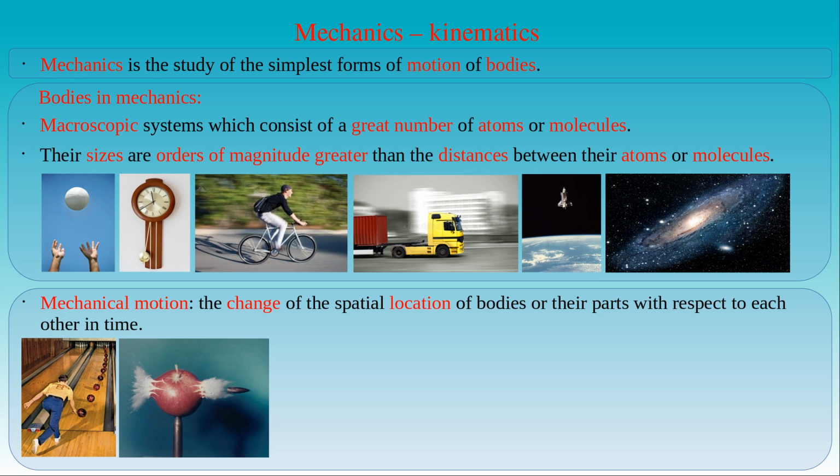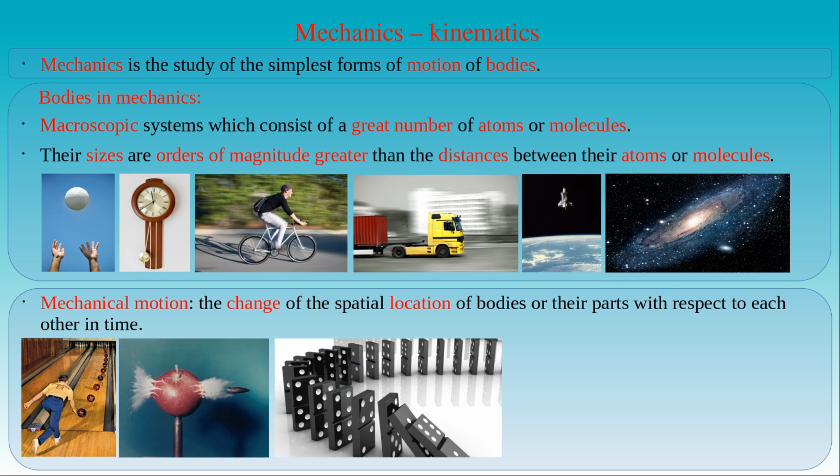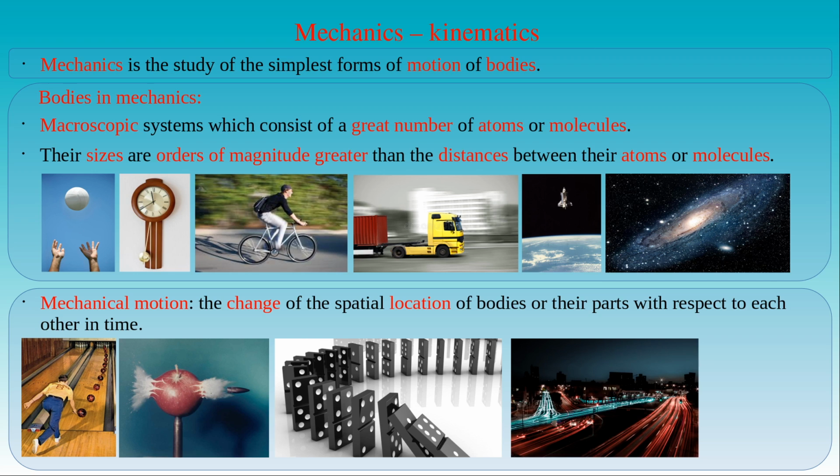Although we cannot see the path of the bullet, the impact of the projectile is evident as it is crashing the apple. The next picture shows how we can follow the fall of the domino tiles from moment to moment, where the motion is always restricted only to a couple of tiles but it propagates through the row of tiles in time. A well-known example of slow-motion photography is the capture of the traffic in the evening, where the light trails of the cars indicate the trajectories of their motions on the highway. The last example is just a spinning top where the spinning motion is demonstrated by the orientation of the axis of the top, as only its point touches the ground on which it is spinning.